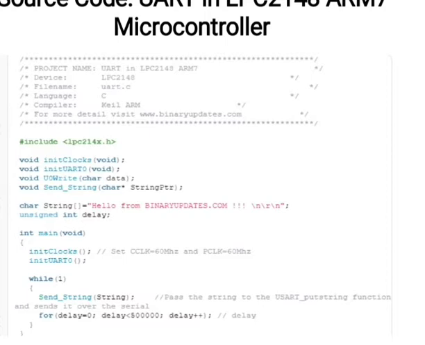Then the next is int main void, init clock and init UART0. So here clock is set to 60 megahertz and PCLK is 60 megahertz.